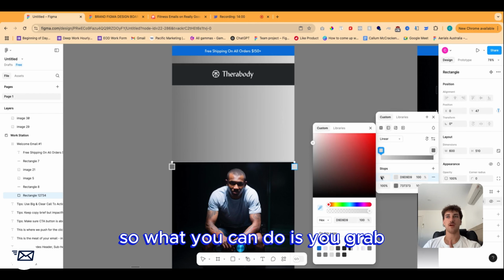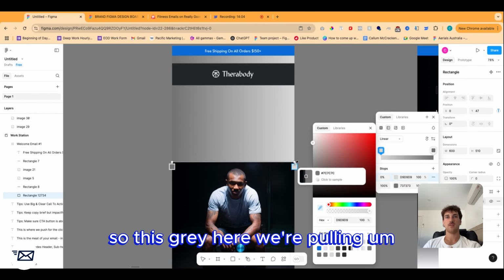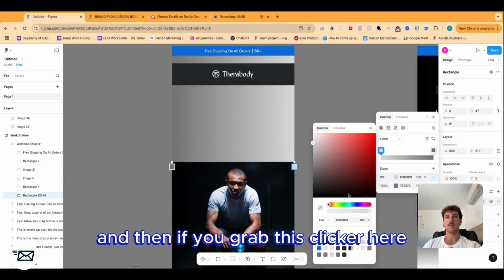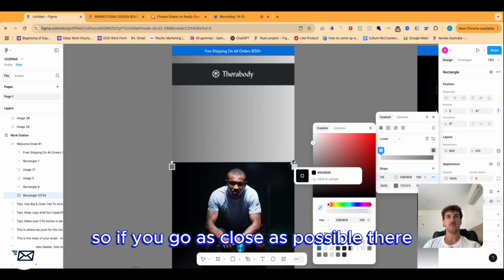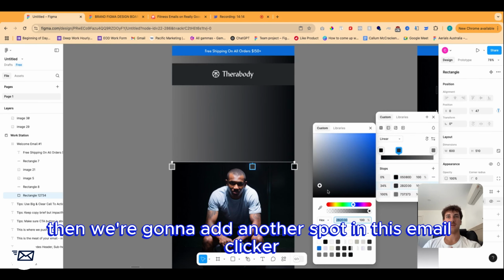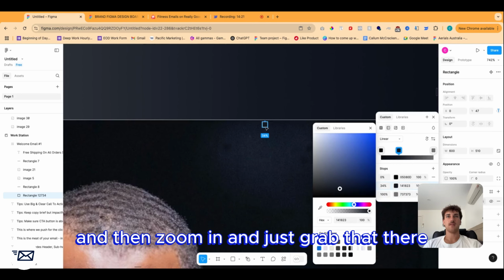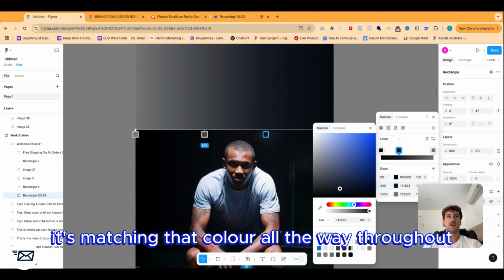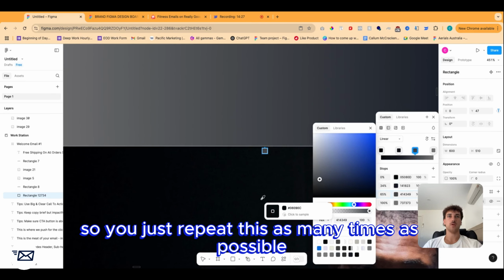So what you can do is you grab this section here, which is obviously the gray. So this gray here we're pulling. And then if you grab this clicker here, it actually grabs that color. So if you go as close as possible there, you can see what we've done there. Then we're going to add another spot in this email, clicker, and then zoom in and just grab that there. And you can see it's matching that color all the way throughout. So you just repeat this as many times as possible, clicker,